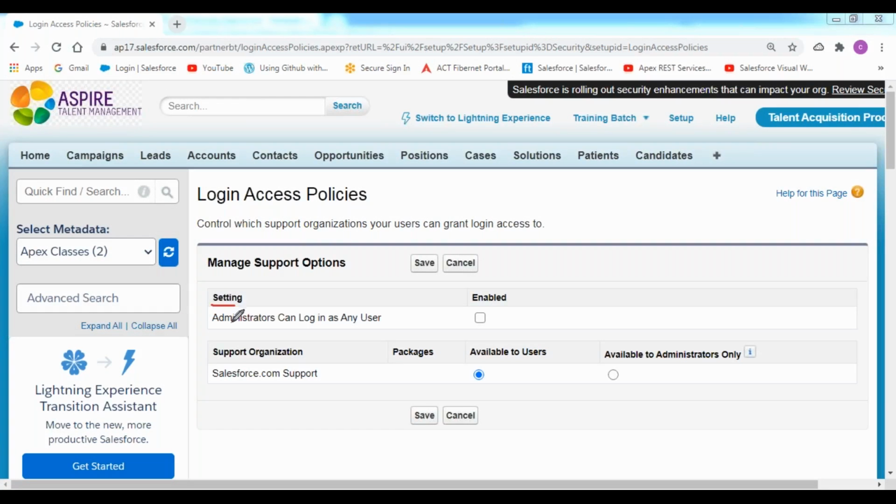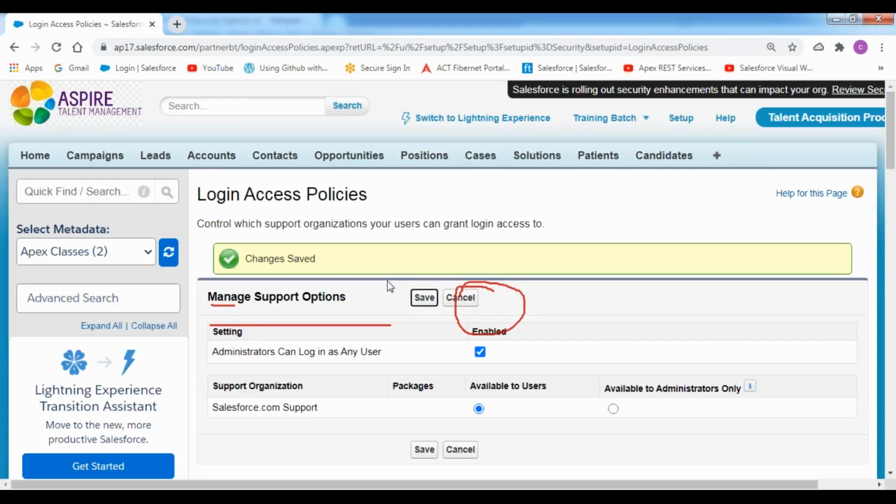Go to settings. Administrators can log in as any user. Now I want to enable this option here. Enable this option, so the administrator can log in as any other user. Now click on save. That means as an administrator, I can log in to any user account directly here. So the user no need to grant his account login access to